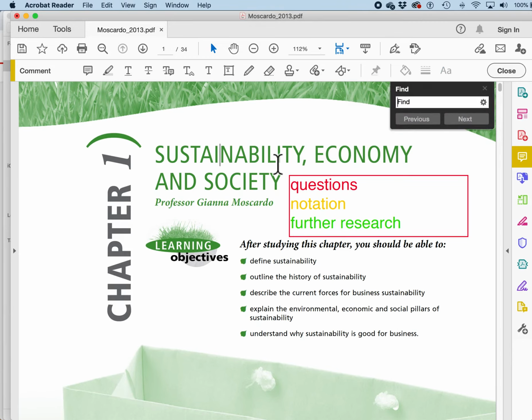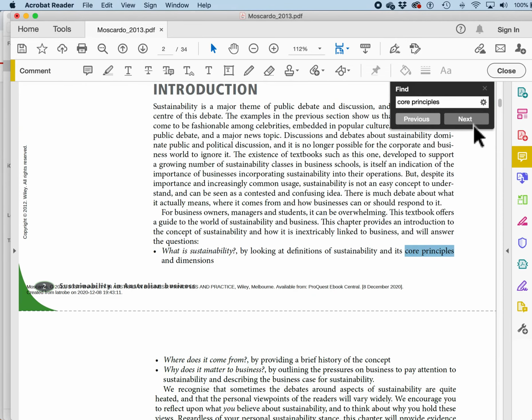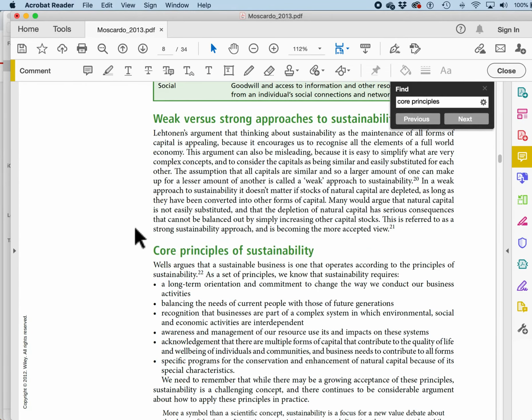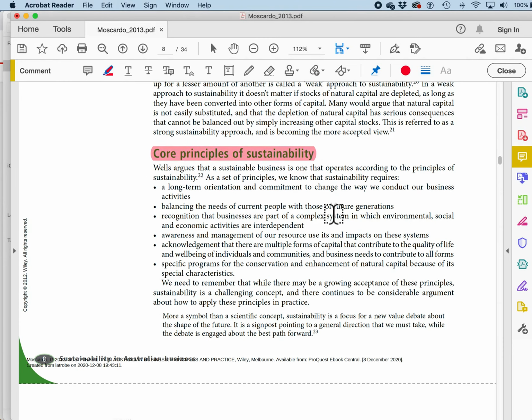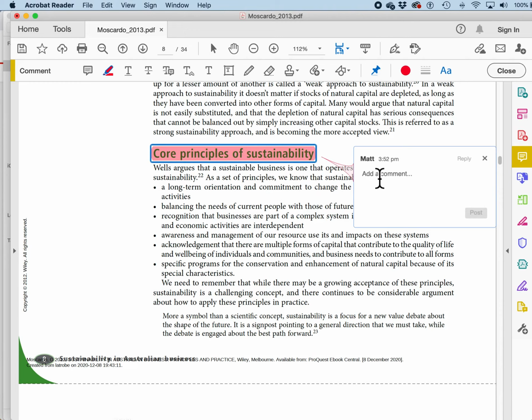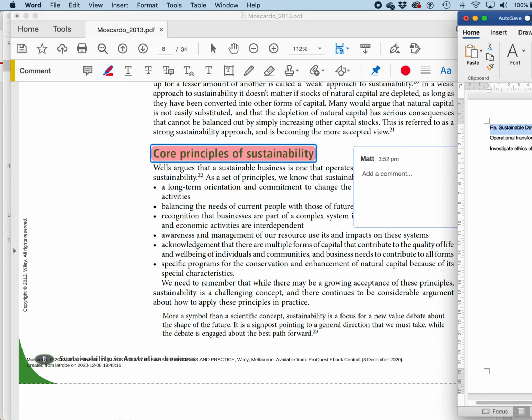Right, let's find something to annotate. Command plus F on a Mac or Control plus F will bring up the Find box. And I'm going to search for core principles. Oh, it autofills. There are 2 of these hits in this document, and I happen to know that there's a section here called Core Principles of Sustainability. All right, so let's set up the highlight tool. It's already in red for me. Don't need that anymore. So if I just pass my mouse over the top of that, it gives me that, and I double click on that and it brings up a box that gives me an annotation. And there I'm going to ask my question,